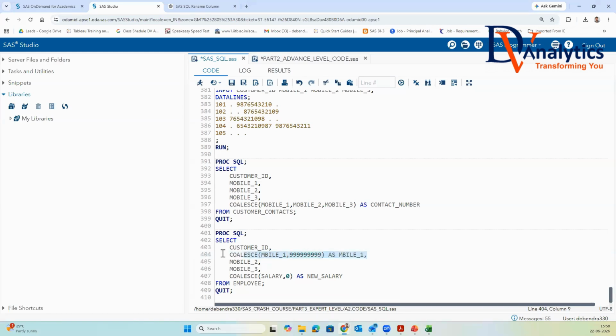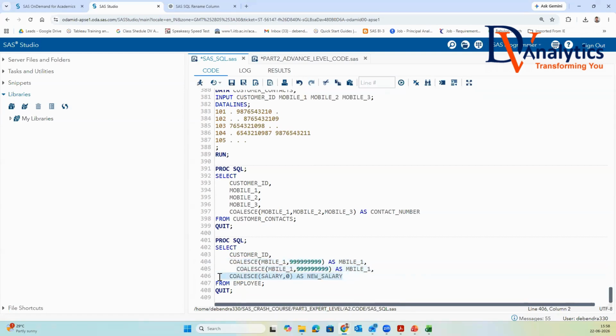Same thing. We repeat this two here. So this is called mobile 2. This is called mobile 3. It's 2, this 3, and